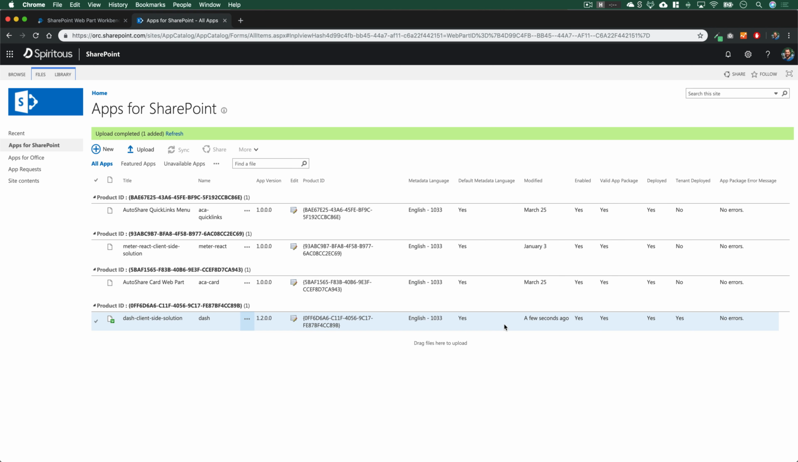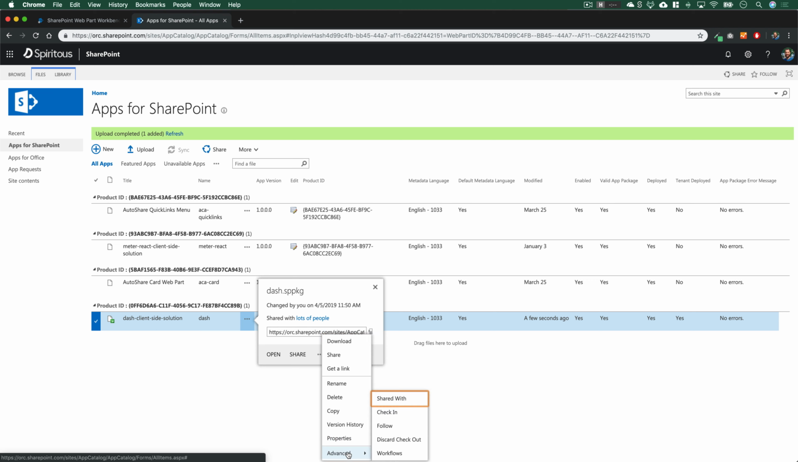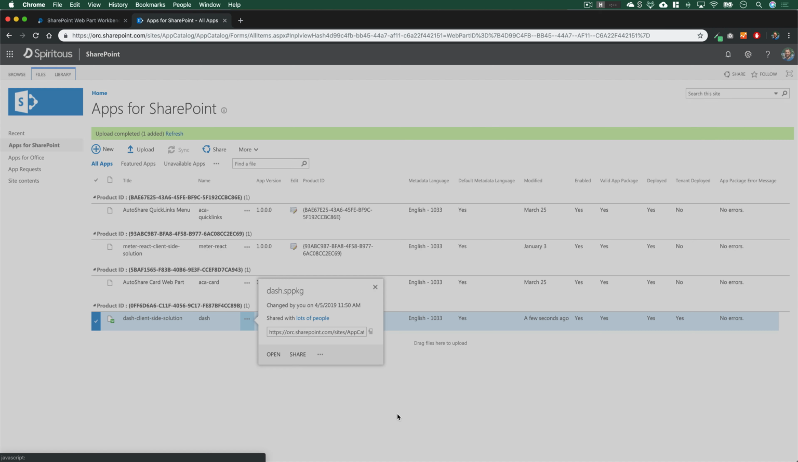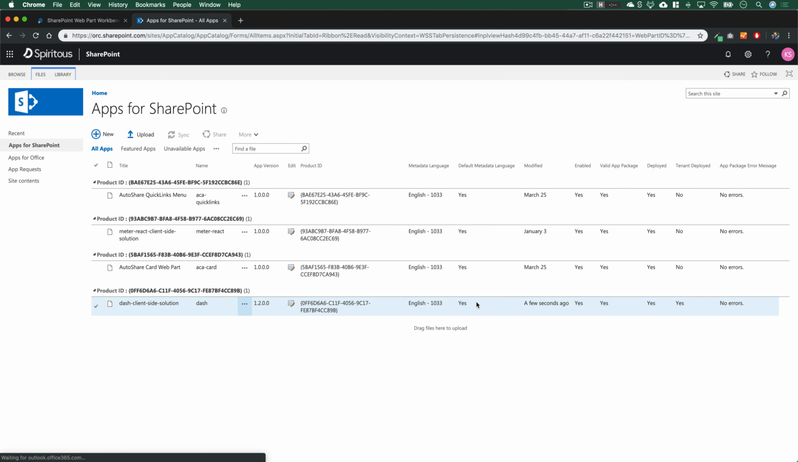We'll go ahead and deploy that. Now that it's deployed, I always like to make sure when I'm updating that the file is also checked in. So I'll go to Advanced, Check In, click on OK. And now that that is checked in, previously when this was in preview and even shortly after